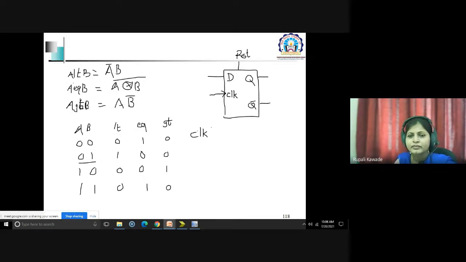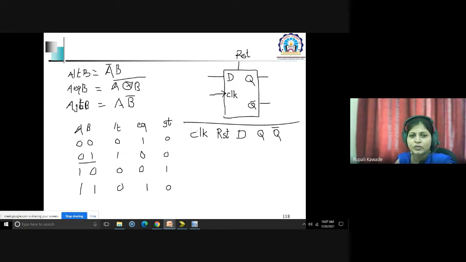Okay, so I am listing down all the signals so that we will complete the truth table to understand the working of this flip flop. Clock signal is there, reset is there, then the D input is there, Q is there, which is the output, and Q bar, which is simply a complementary signal. Fine.